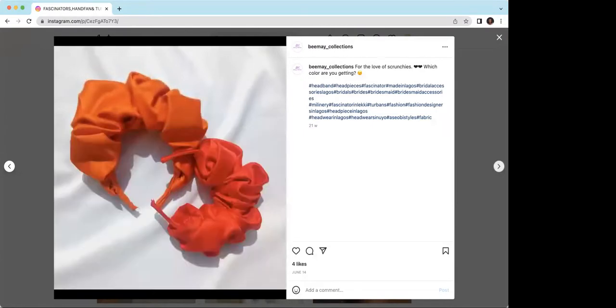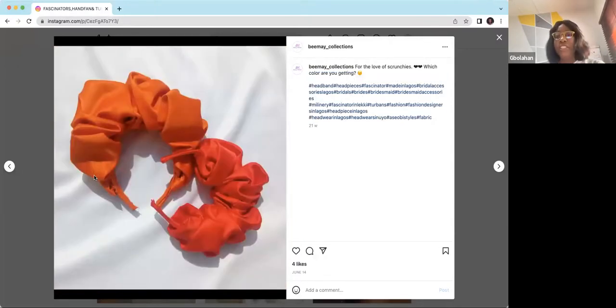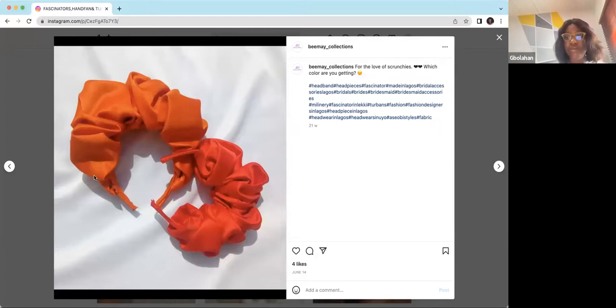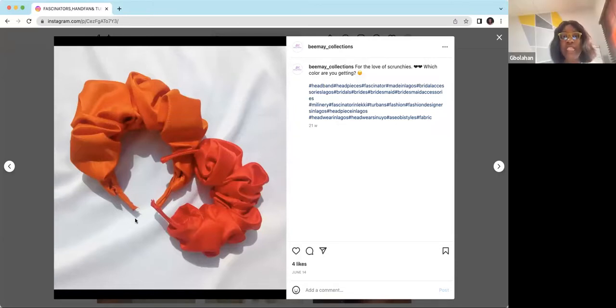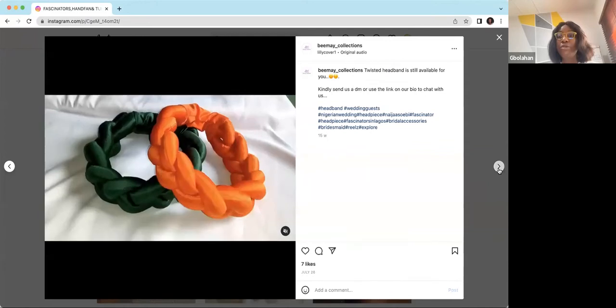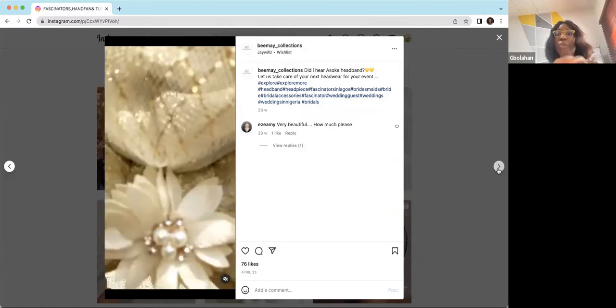I think it will actually make sense, especially for someone like you, that when I visit your page, it's like an e-commerce website, because you don't have a website. So if I want to get a headband, I'm not coming every time to ask you how much. Imagine if you are running ads, people will see it, like it, want to buy it, and then come to your DM asking how much. You yourself, you get tired. Do you understand? So it really makes sense to have your pricing inside it.